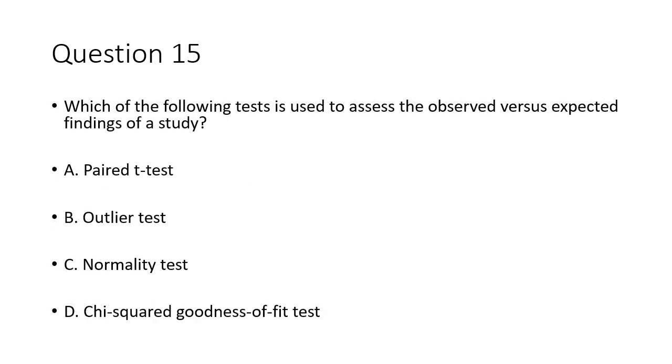Which of the following tests is used to assess the observed versus expected findings of a study? This would be a paired t-test, an outlier test, a normality test, or a chi-squared goodness of fit test. The answer here would be D. So this kind of goes back to what we were talking about earlier when you're dealing with, say, nominal data,